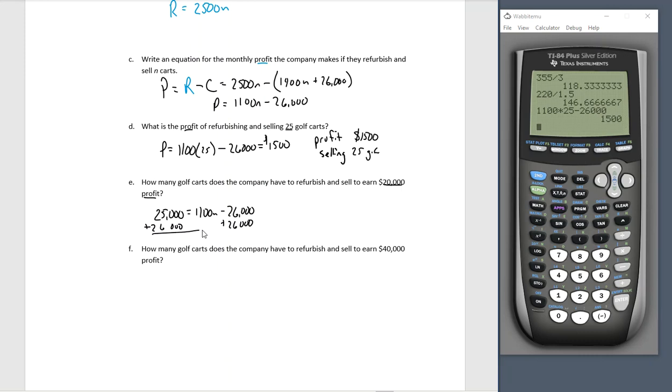Let's make sure we put the addition symbol there so we don't get all crazy. Let's bring it up to this next line. That looks like 51,000 equals 1,100 N. And if we divide both sides by 1,100,